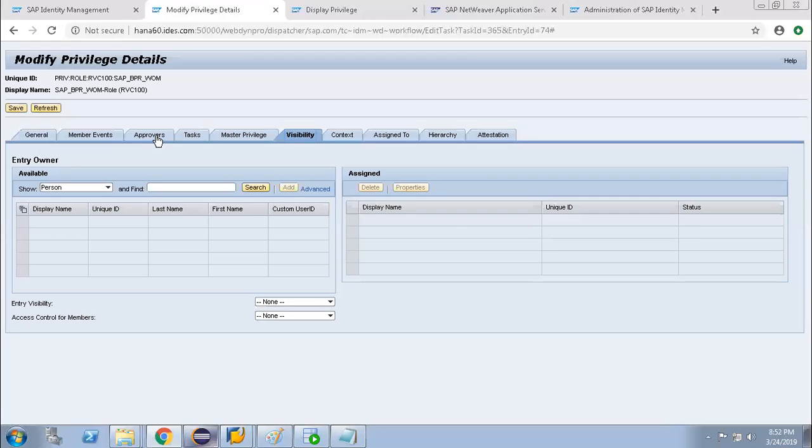Correct. That is the reason you can add an entry owner and entry visibility. If you give the entry visibility as owners only, then this role will be visible only to the owner. No other people can see the role in the IDM system.